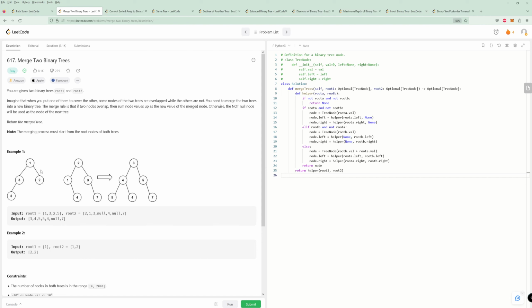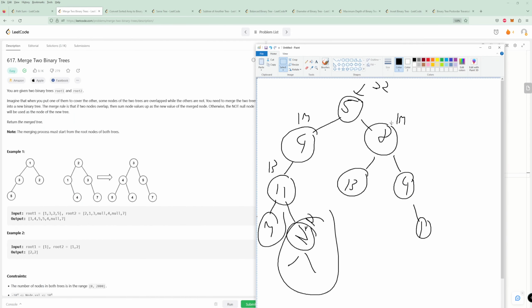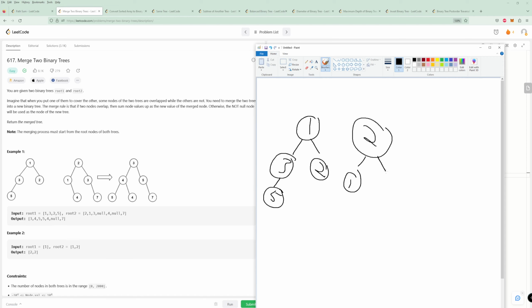Okay, let's take a look at this one. So this one's also pretty straightforward. All we're doing is we are passing in two roots. So let me draw this real quick now for this example. So let's say we have this 1, 3. Let's draw what this would look like for the output. 5, 2, 1, 3, 7,